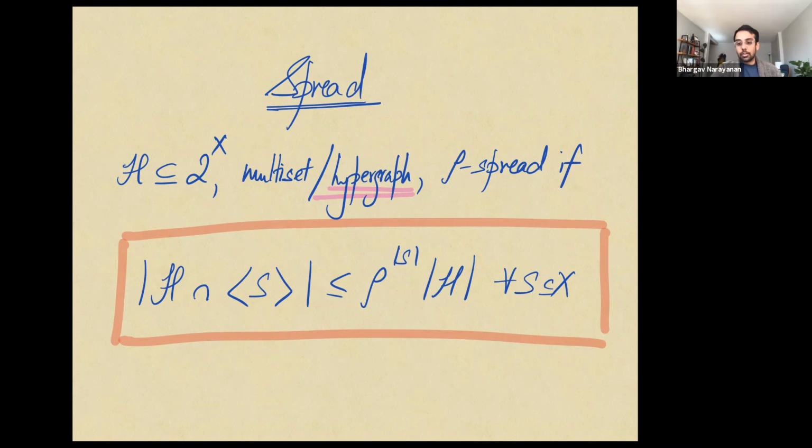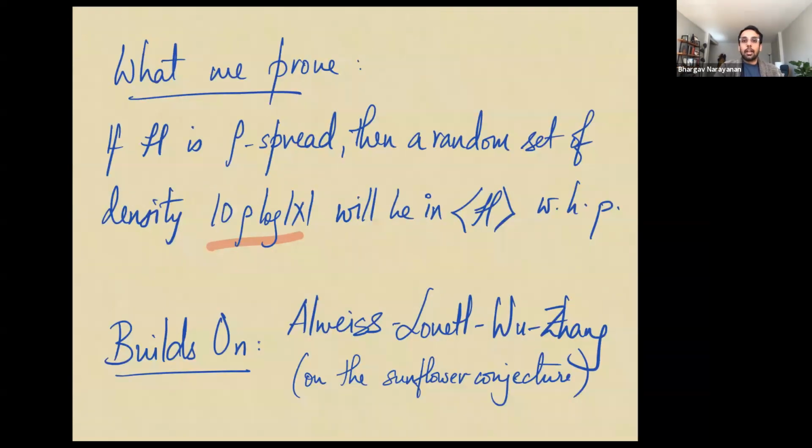And this was something that Talagrand observed. This is nothing new. And this is the formulation that we'll use. So what we actually show, and it turns out the two things are equivalent, Talagrand's conjecture is equivalent to the statement, namely that if I give you a rho spread hypergraph, then